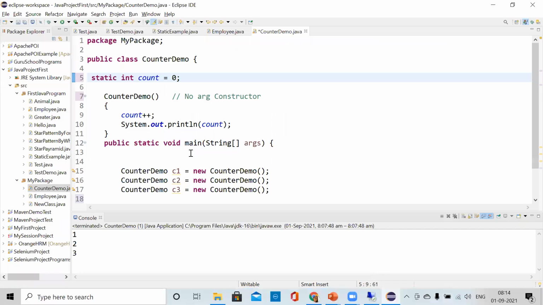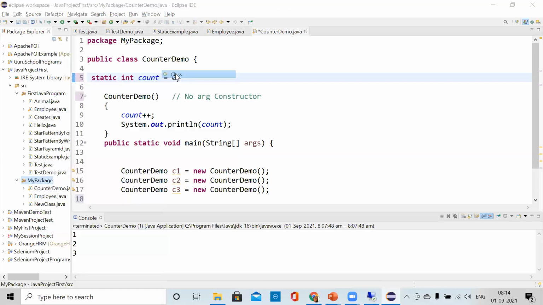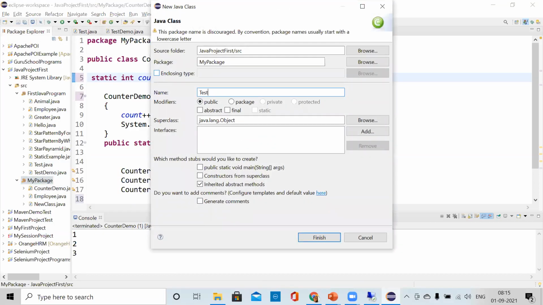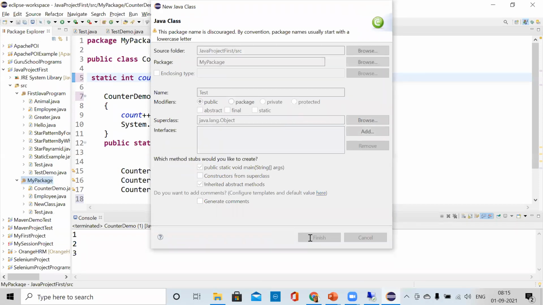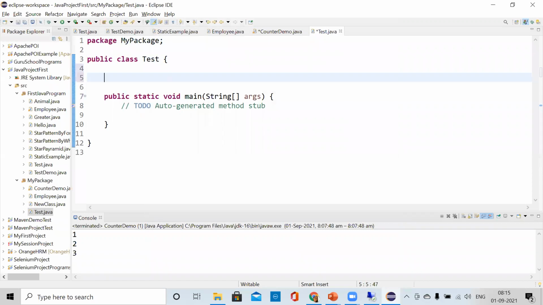So how can we do that? Suppose we create one test class. Inside this, we are creating two methods, one is the show method and one is display.